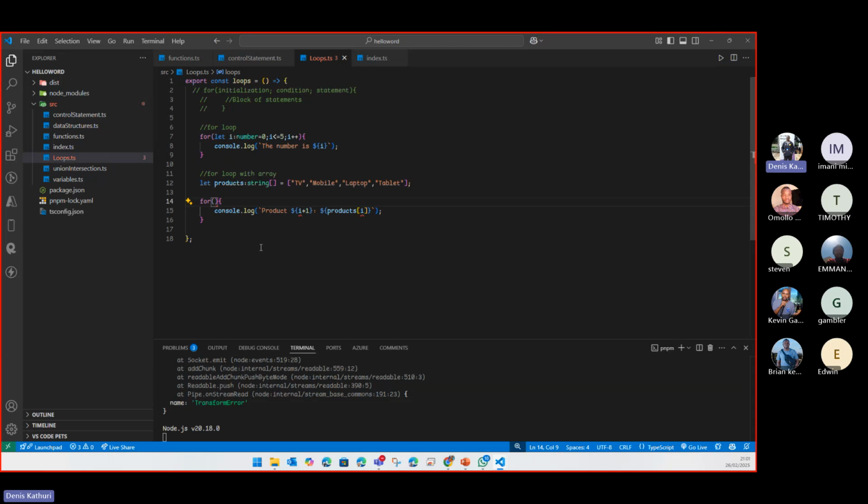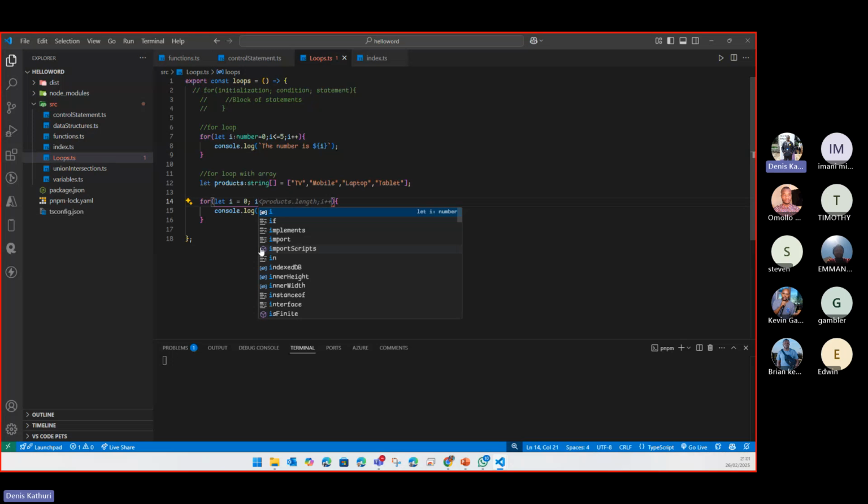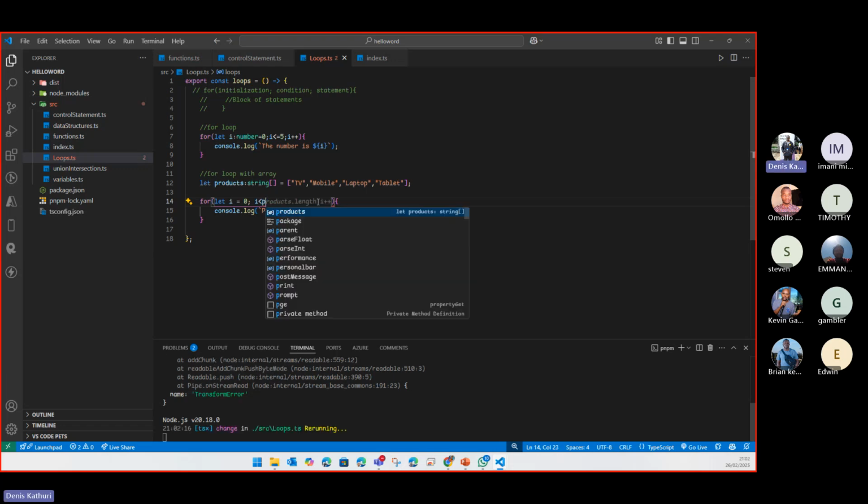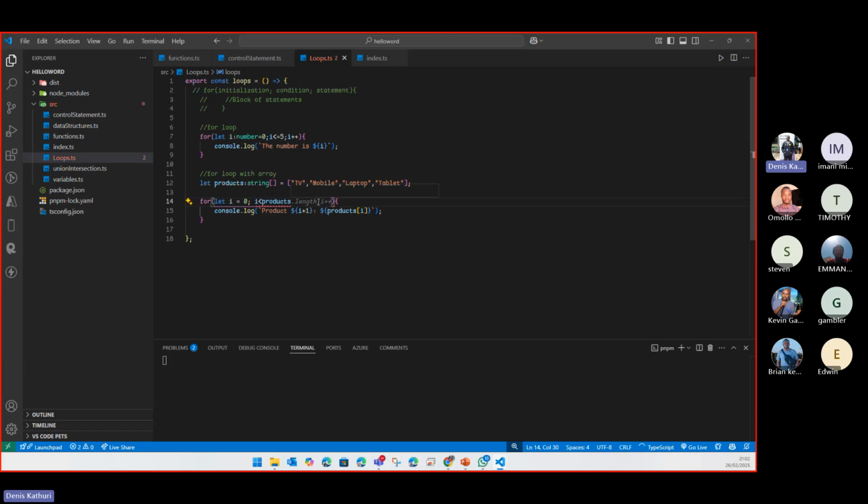the condition, and the statement. So for our initialization, you want to start from 0, so let I be equal to 0. Then I want I to be less than the total length of this products array. We can get the length of this array using the inbuilt functions available in TypeScript or JavaScript. If I call this product and use the dot,